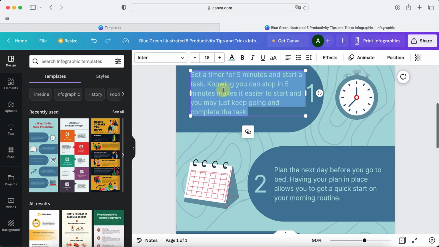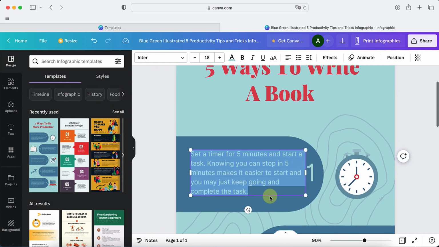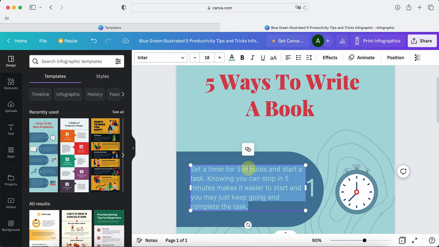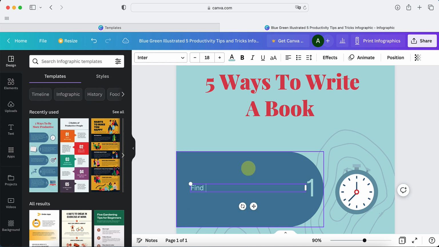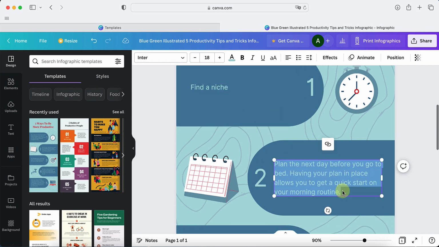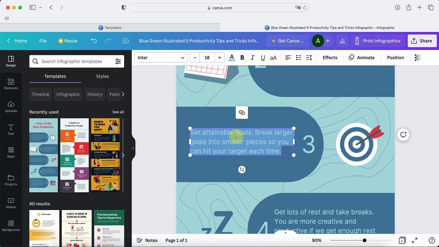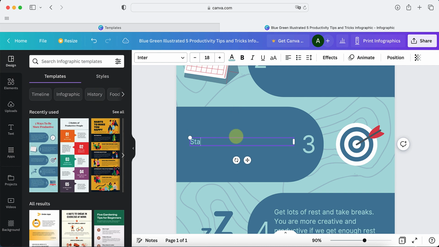So number 1, step 1 does this, step 2 and 3 and so on. All you have to do is change up the wording. So number 1, maybe find a niche, for example. I'm just making these up as I go along. Number 2 might be research the niche. Okay. Number 3 might be something like start writing